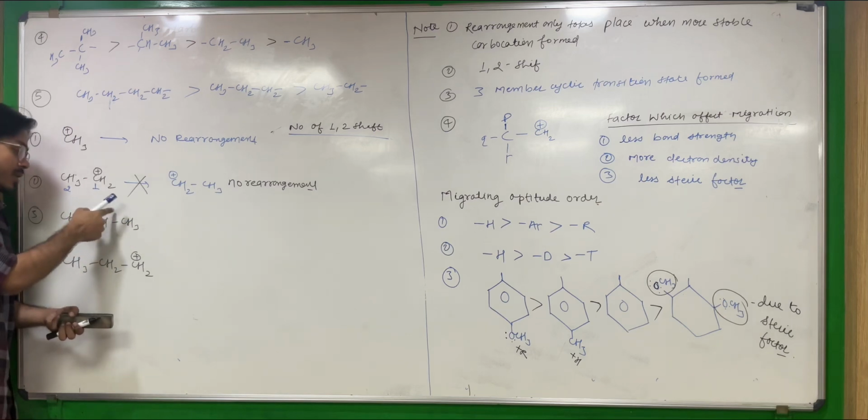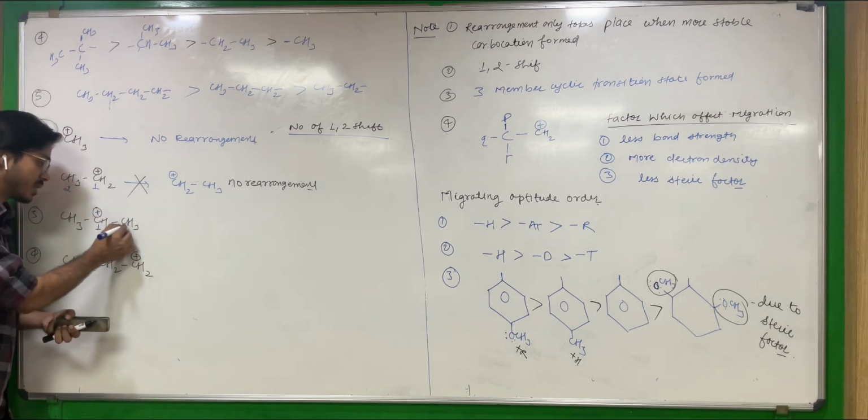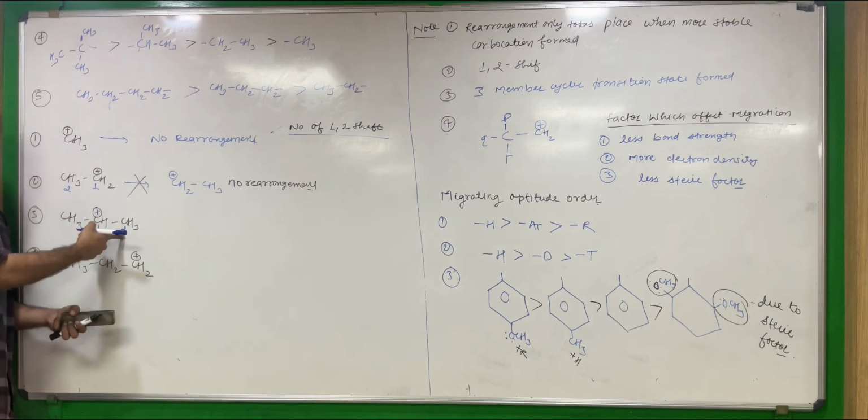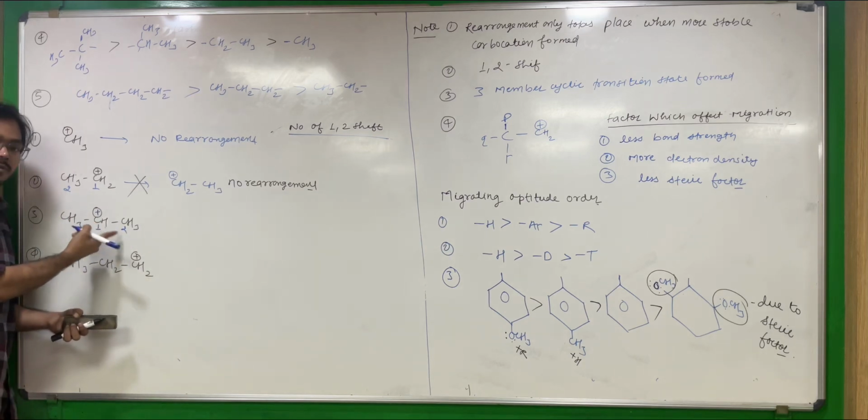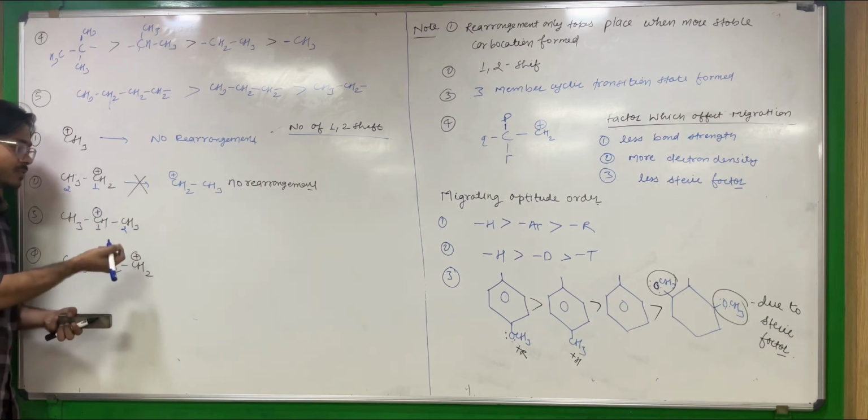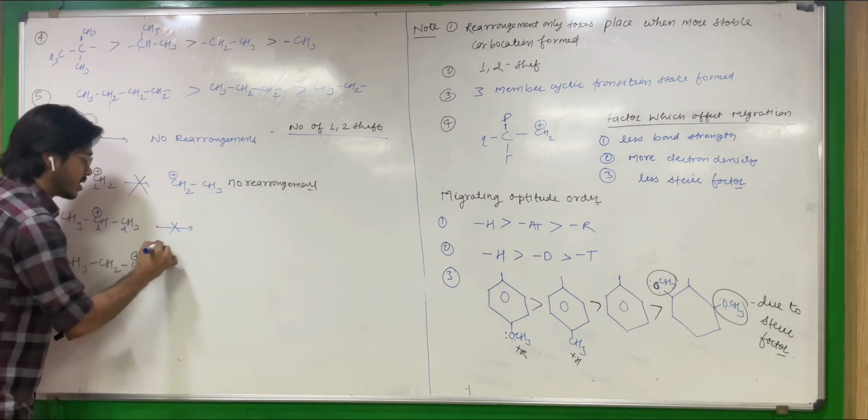If you rearrange this carbocation onto this carbon number 2, it will have only 2 alpha hydrogens. That will be less stable, na? So no rearrangement will take place. If you do the rearrangement in this case,